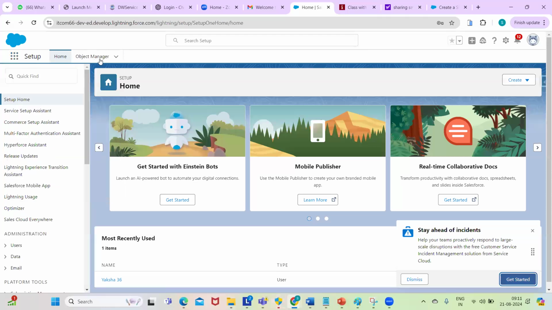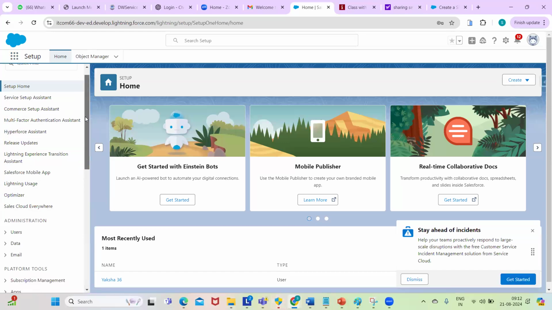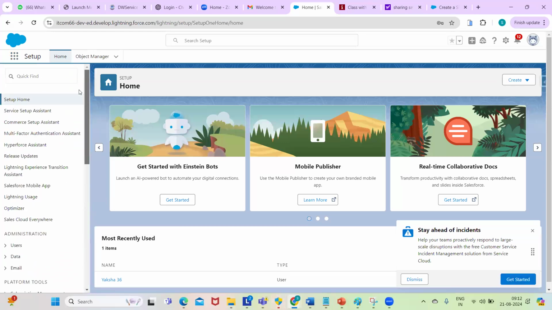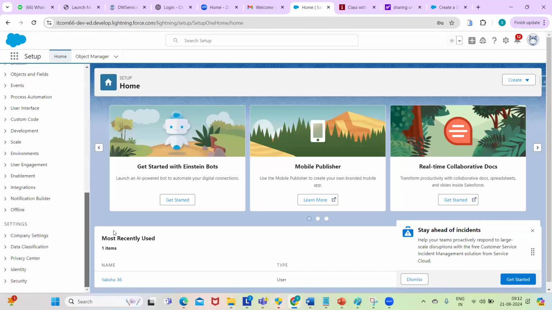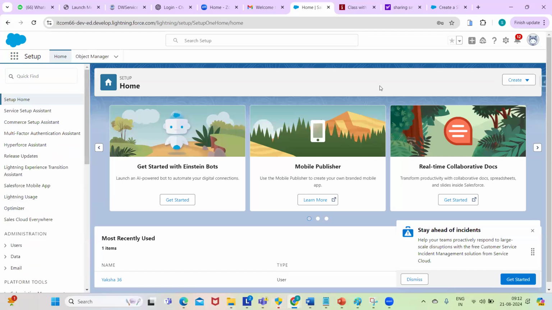And this is setup. Setup means what are the concepts and what are the things we have to develop an application, what things and concepts Salesforce.com has provided. So these are all the configuration and customization, admin and development related concepts we have. Okay. Next,